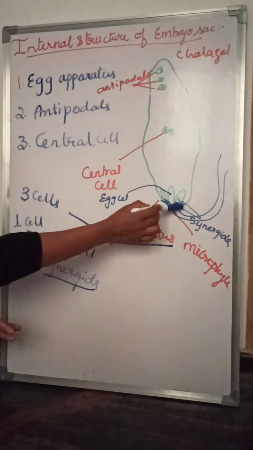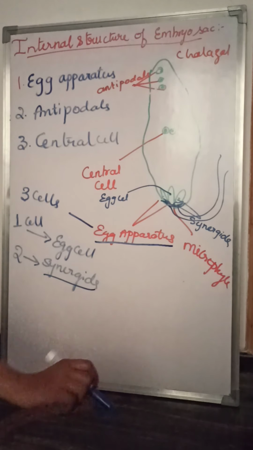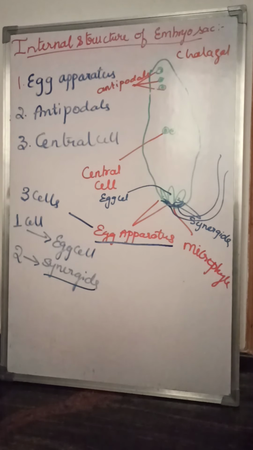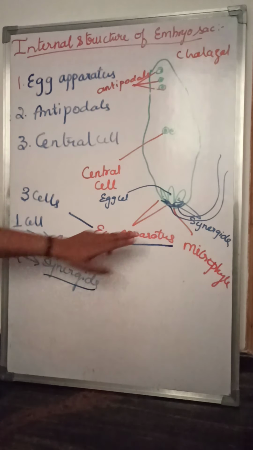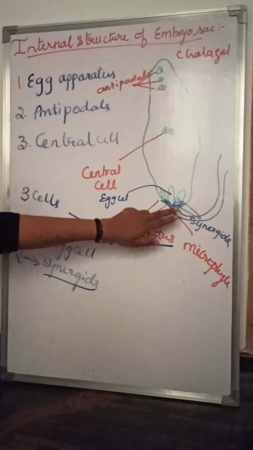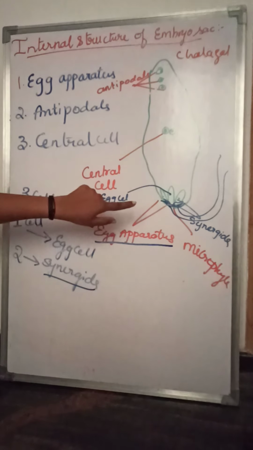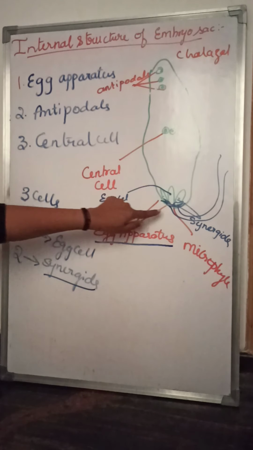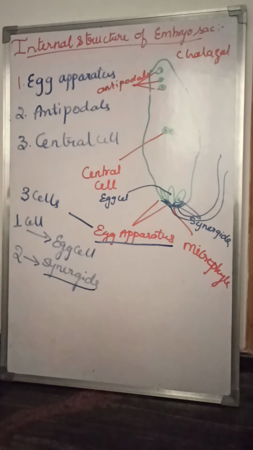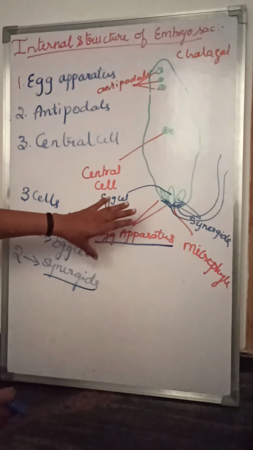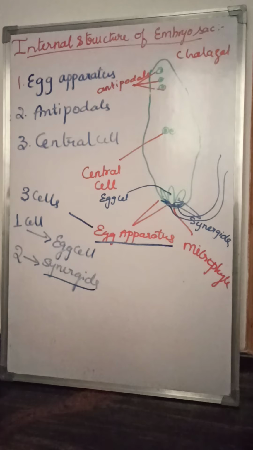So these thickenings will enter the synergids. In a way, these synergids help the pollen tube to enter. So this is the way the pollen tube enters inside it. Through the synergids the pollen tube will carry the pollen grain. Through these thickenings they will enter the synergids. So that is how the male gametophyte is able to reach the female gametes.